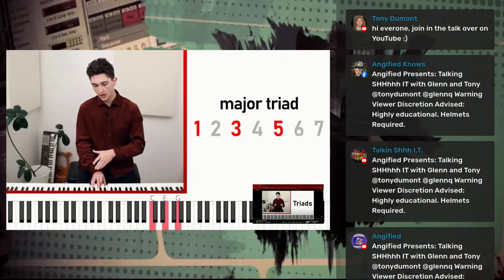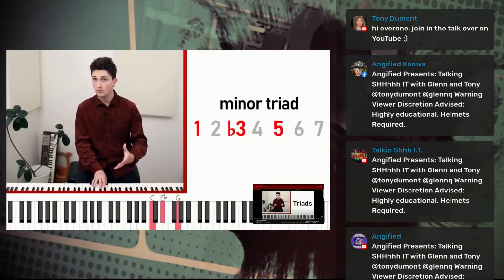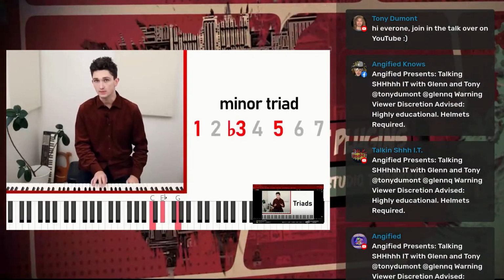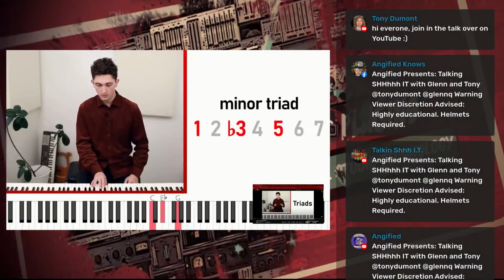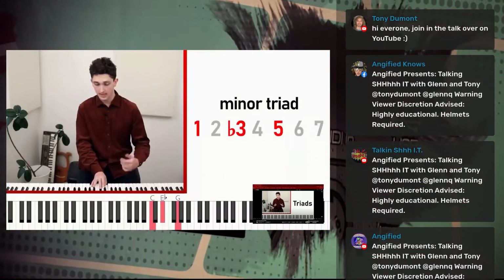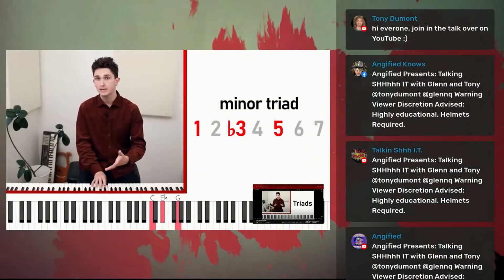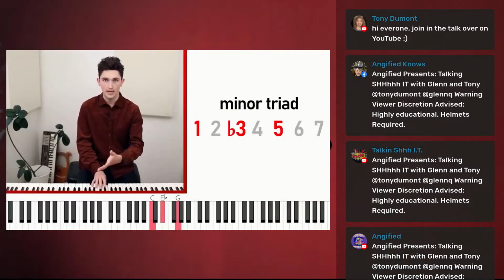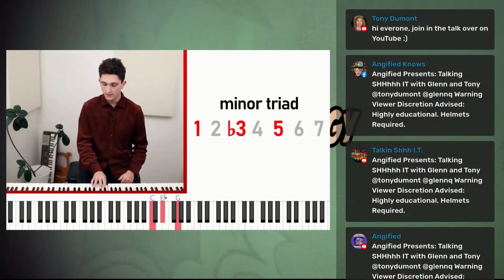If we take the 3rd in the middle and lower it, we get the minor triad, probably the 2nd most common chord in Western music. So once again, we have the 5th of the major scale or minor scale, same 5th in both scales. The root, only difference is the 3rd has been lowered, so we now have a flat 3rd compared to the major scale. If we then also lowered the 5th